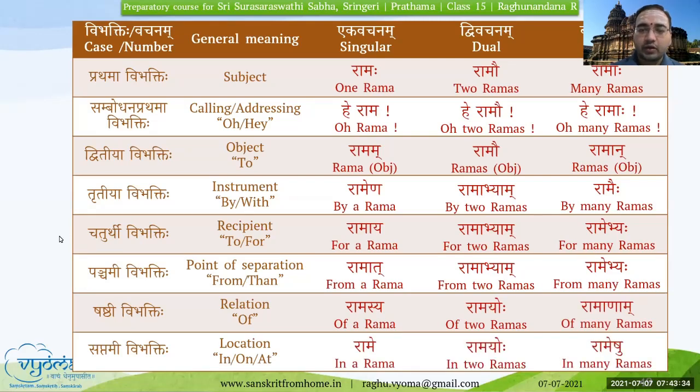So, Rame Santi Bahavo Gunaha. In Rama, there are many qualities. Rame, in Rama, Santi, there are, okay, qualities. Gunaha Santi. Rame Gunaha Santi. We will just take a simple sentence to understand how it is. So, in this way,